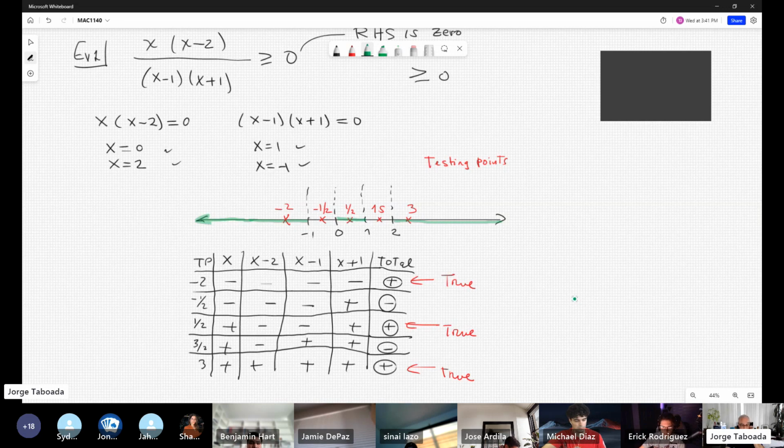But no, this is the new thing, with rational expressions. The equal sign includes the 0 of the top part. But the 0 of the bottom part is never a solution because it would be undefined. So you include 0 and 2 as solutions, but not 1 and -1. Keep this in mind. -1 no, parenthesis; 0 yes, bracket; 1 no, parenthesis; and 2 yes, bracket. So my beautiful final answer is: